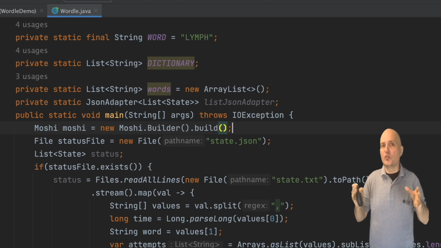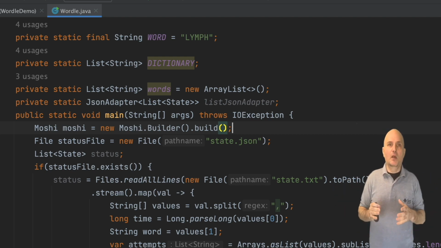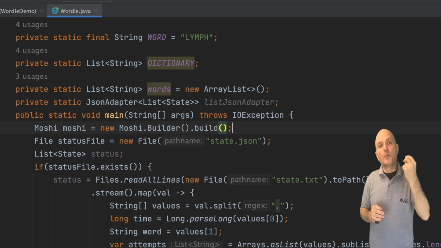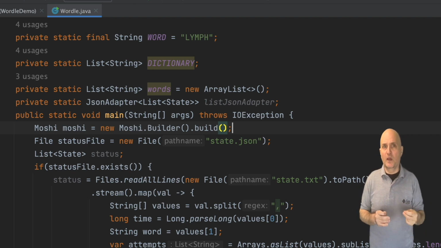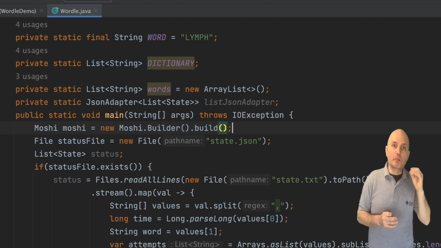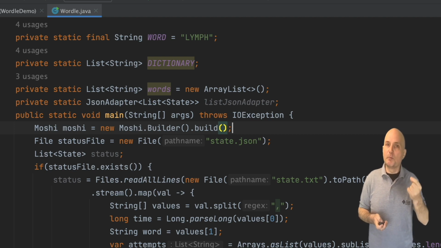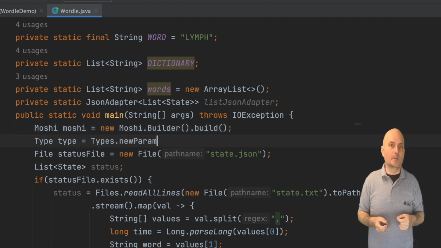Why not use new Moshi instead? This lets the Moshi API add arbitrary arguments to the creation process. We aren't using any arguments here, so the benefit isn't apparent, but this is called a builder pattern, and it can be very powerful when used correctly.